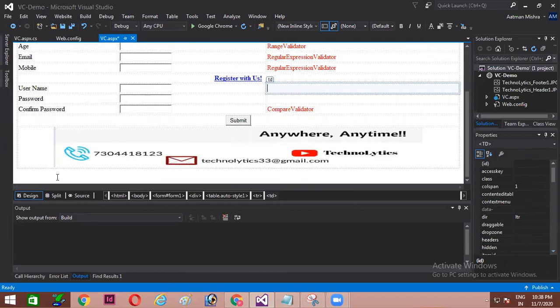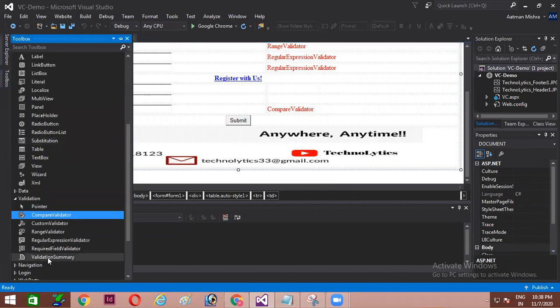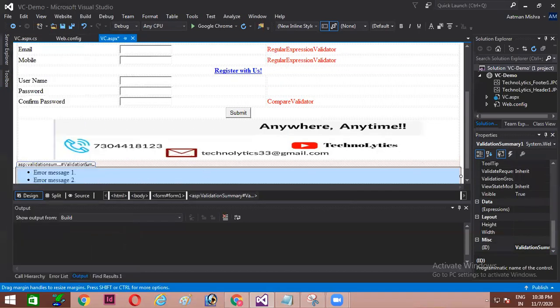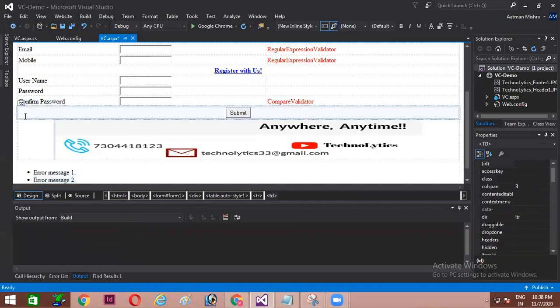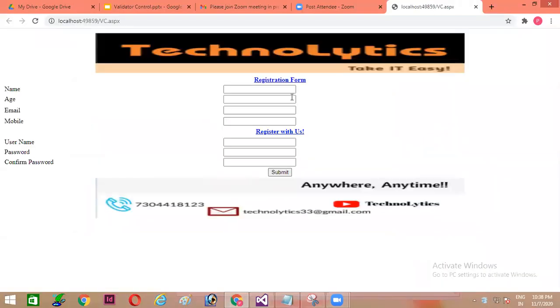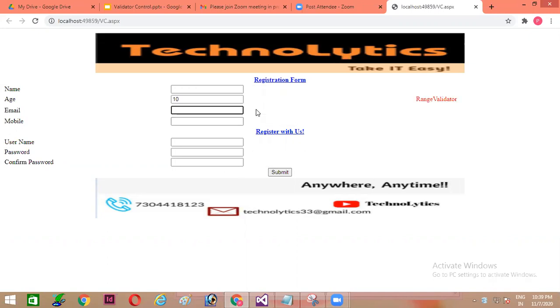Now what we are going to do at the end, we will be selecting validation summary. So I'm using this particular validation summary, and this will be displayed after clicking on the submit button. Let's try this. Oh, great. My form is ready. Header, footer is there. Name is there. Here required field validator was there. So I'm not entering any of the values. That means blank is not allowed because I have used required field validator. Age, I have given the range between 15 to 60. So I'll be using maybe 10. Here also it should give me some error.